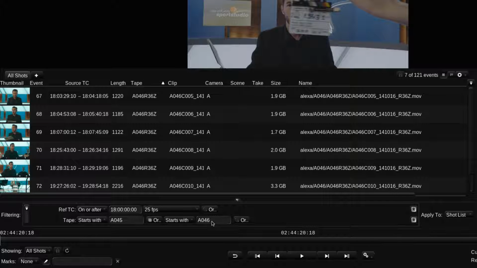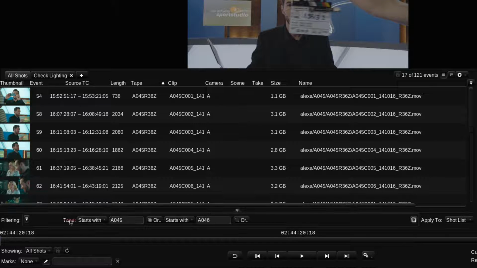Once you've created a filter selection, it can be saved by adding a new tab to the shots view. I'll do that by clicking on the plus button here. I can now give the tab a name by double-clicking on it. When I add a new tab, notice that the current filter selection is applied to the new tab. So we currently have the same filter selection on the original tab and the new tab. To remove filter items, you simply click on them in the filter definition box. Notice the red strike-through line indicating that the item will be removed from the filter when I click on it.